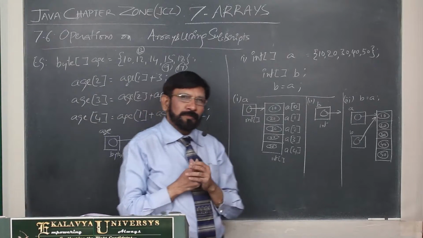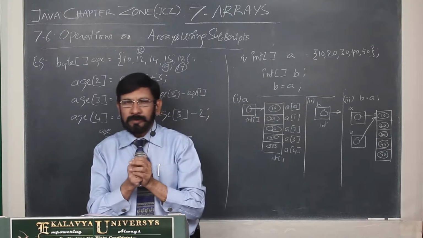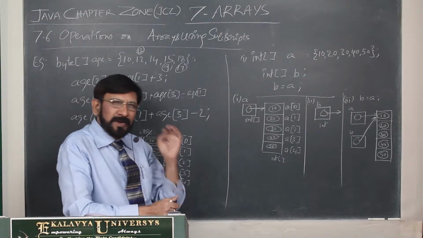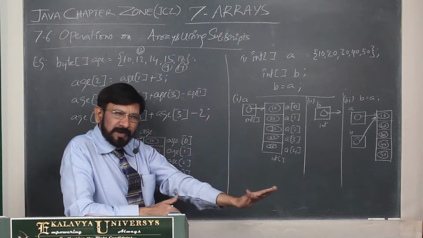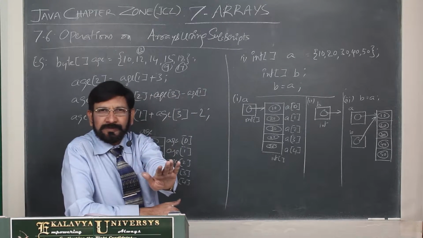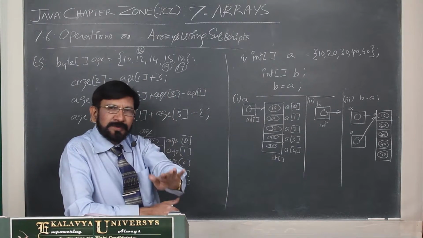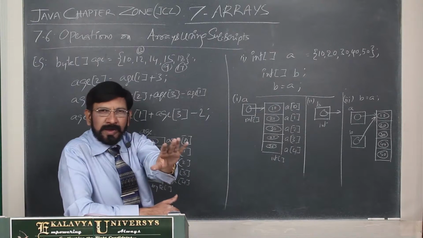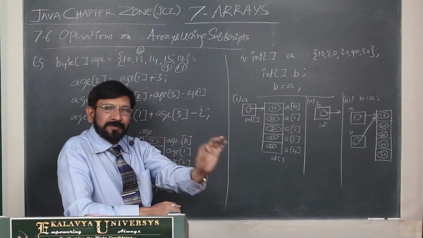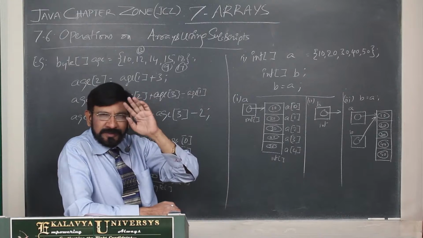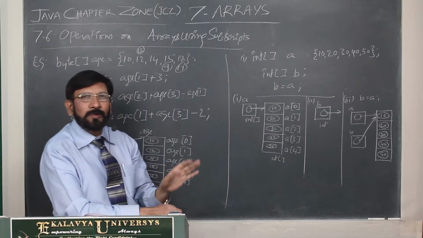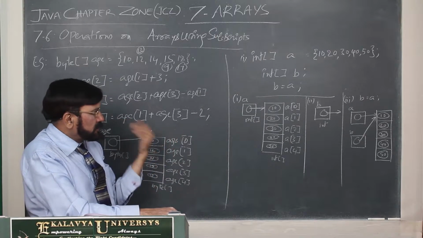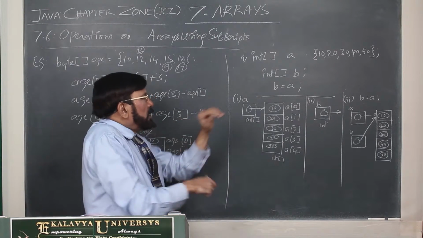Thereafter, one more important point I have to explain. Actually, you must remember this: object reference is different, object is different. The real object is like the kite, the paper part of the kite, and the object reference is like the string. Always incorporate this example in your brain, then there will be no confusion in understanding several concepts.